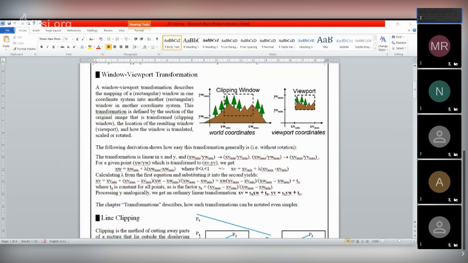Therefore, we got this equation in such a way: the new x coordinate value after transformation would be, where sx, as you know, is called the scaling factor along the x coordinate, and sy is the scaling factor along the y coordinate.